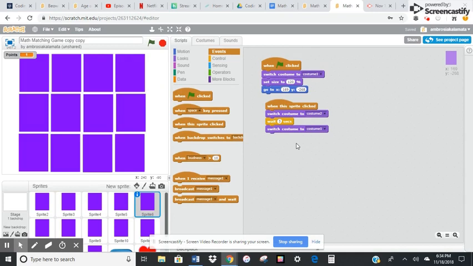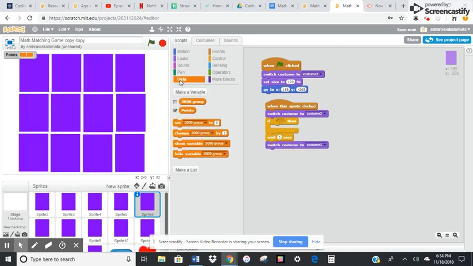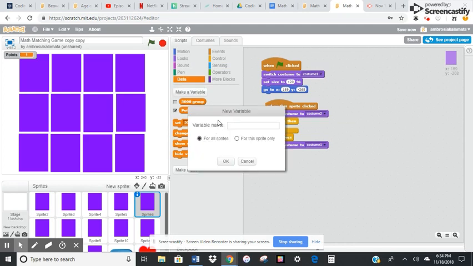out of this. So first of all, I need an if-then statement here. Let's see, and I want it just above the wait 5 seconds. I want this actually at the bottom. Okay, I'm going to create a variable by going into data. I'm going to make a new variable. So for each pair, you're going to have to make a new variable. I'm going to say variable name is